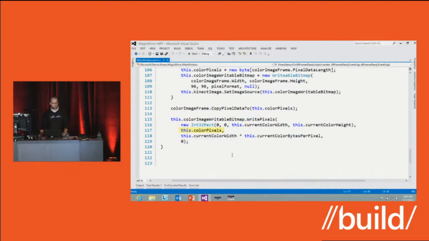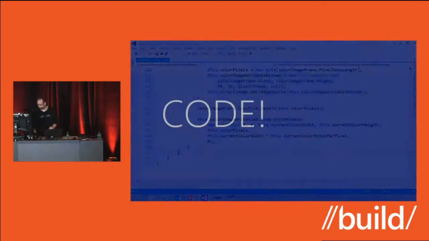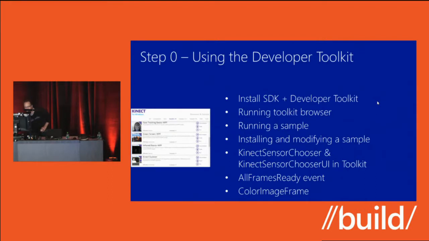So let's go ahead and just quickly review what we did at each step. We installed the SDK, the developer toolkit. We ran the toolkit browser, ran a sample, installed the sample, and started modifying it. We saw Kinect sensor chooser and sensor chooser UI. We learned about the all frames ready event, and we started playing around with the color image frame and some